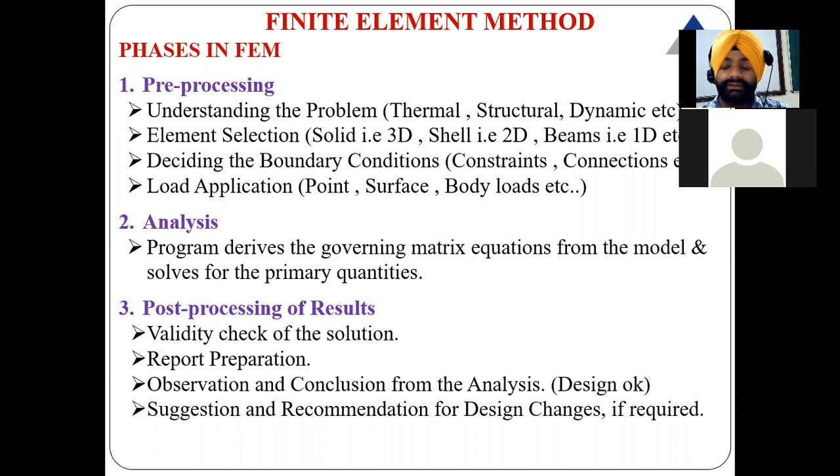When you're talking about boundary conditions, say you're designing the frame of a car, like a Baja car being designed in our college. The boundary condition is that when it is turning at a speed of 15 kilometers per hour, it should not overturn. To avoid that overturning, these are the boundary conditions that the car should not be overturned.